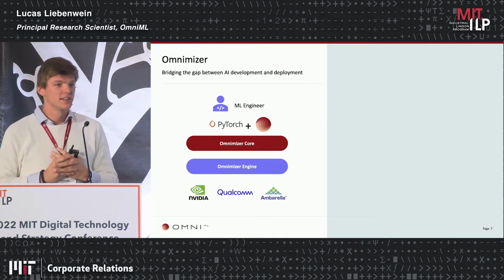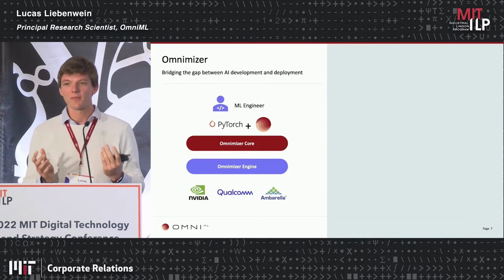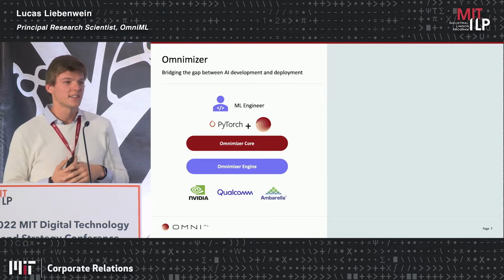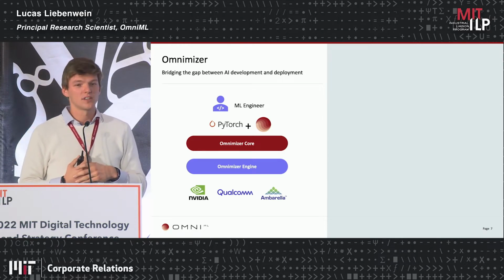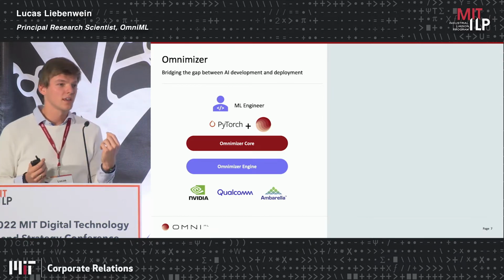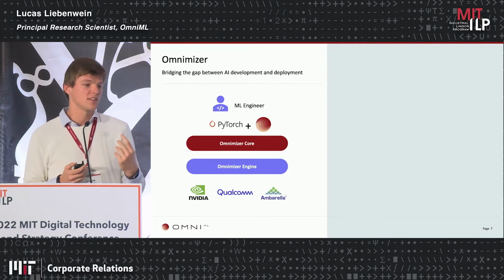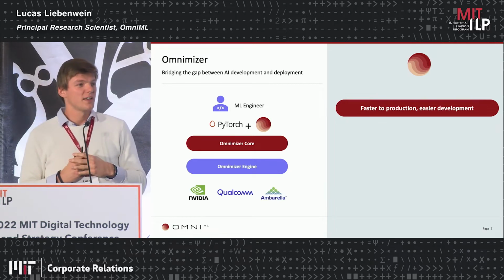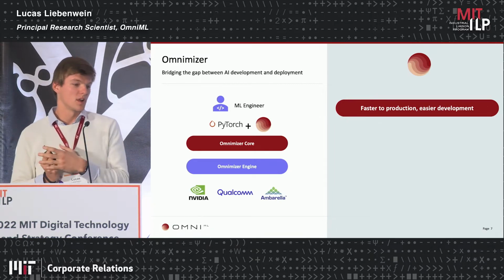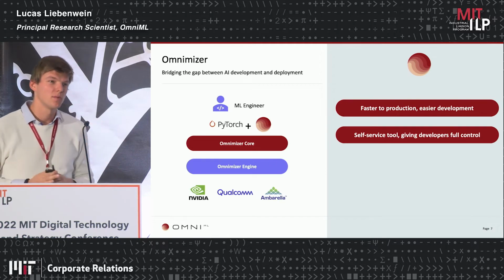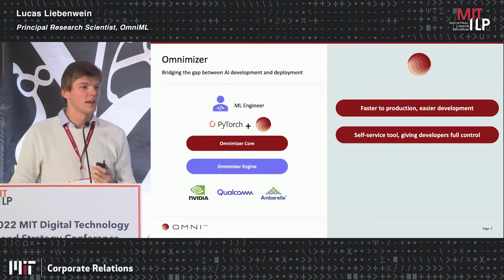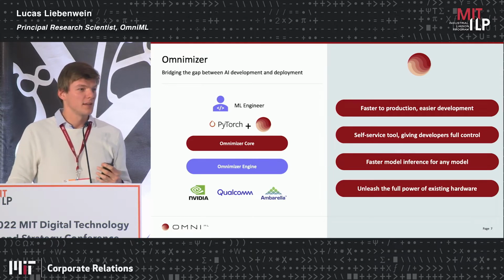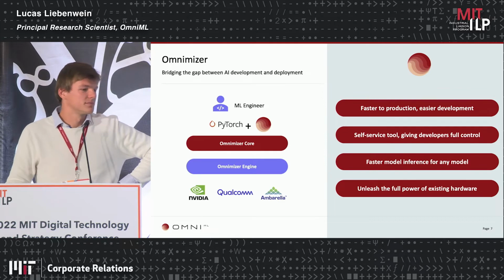and training tools that integrate into existing training environments. That is where a lot of the research that we have been working on over the last decade comes into play, trying to understand what makes a machine learning model tick, how we can adapt the model, how we can design more effective models. So using Omnimizer, you end up with machine learning applications that make it to production faster. They're easier to deploy while you still maintain full control over your AI IP. Also, at the end of the day, you get more inference and more power from your existing hardware.